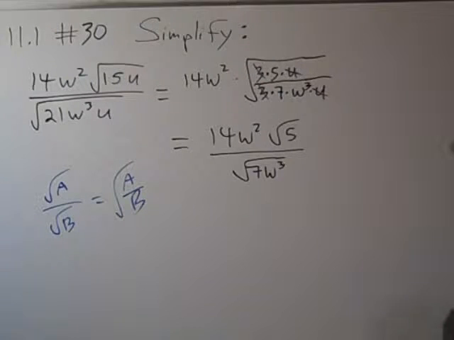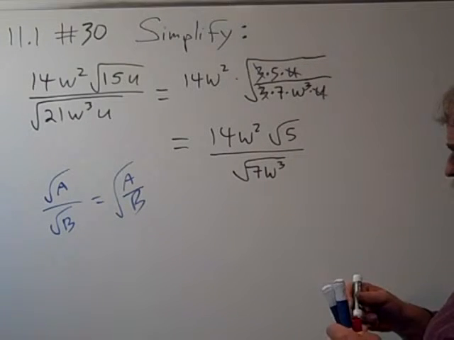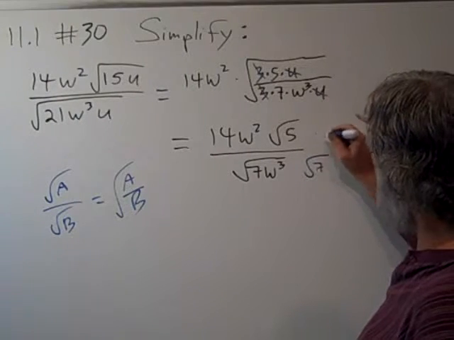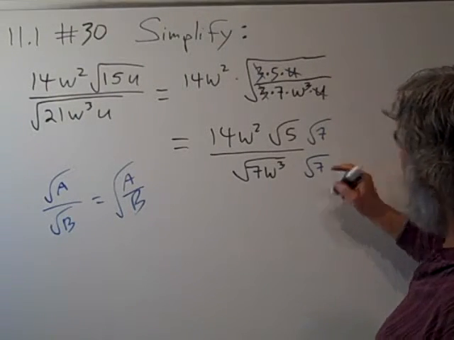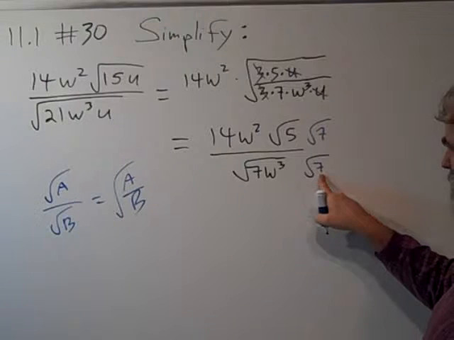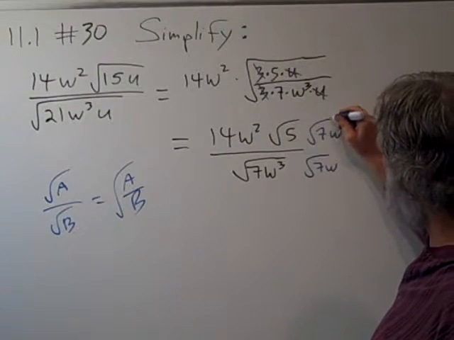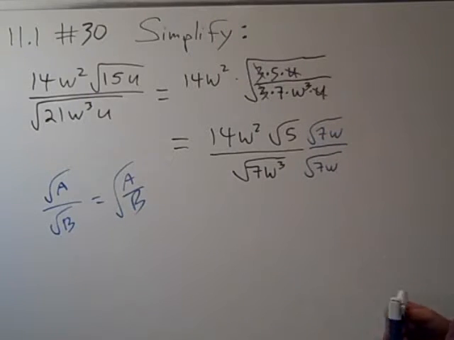Okay, now we need to rationalize the denominator, and to do that we'll need to have a 7 squared. There's not enough 7s, so we need to go radical 7 and radical 7. That radical 7 times radical 7 will be 7. And that's a w cubed. With one more w, it'll be w to the 4th. So when we do this,